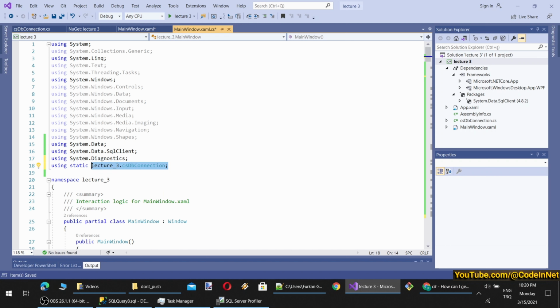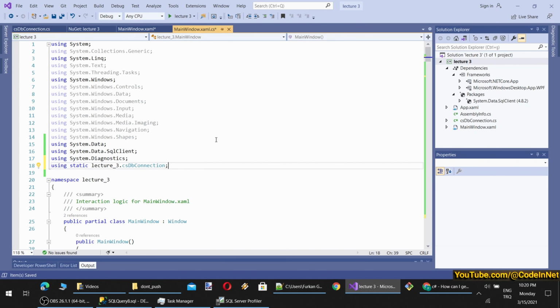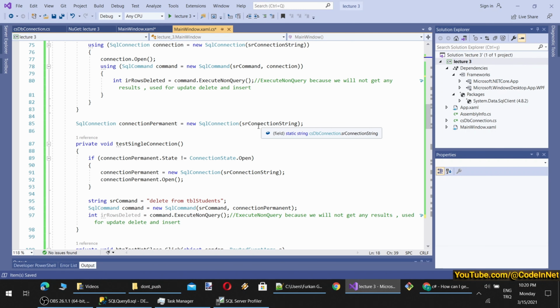Once you add a class as static like this, all the defined properties and fields will be directly available. Therefore, you see I don't get any error. Why? Because wherever the connection string is referenced, it is coming from the static string field of CSDB connection.